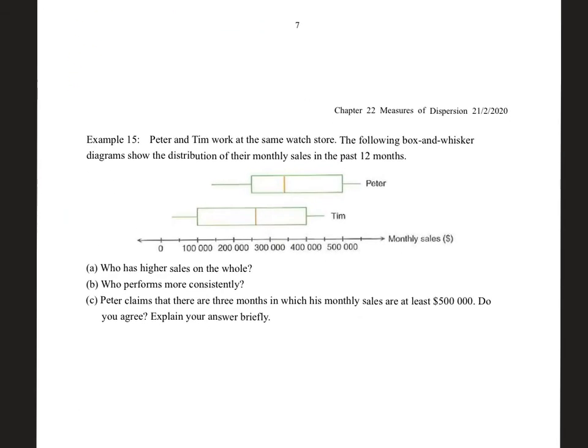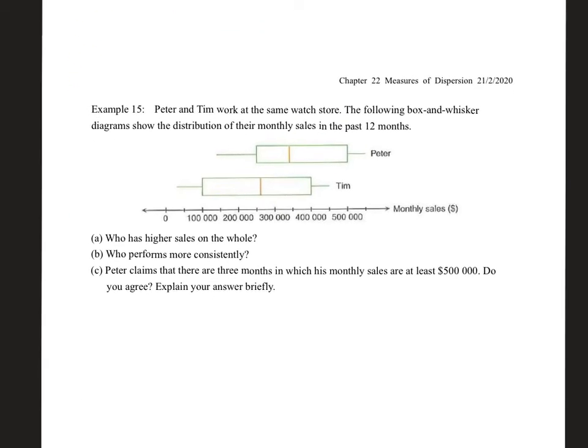Next, we can put two box and whisker diagrams together as a comparison. In example 15, Peter and Tim are working at the same watch store. It shows the monthly salaries in the past 12 months. You don't know how much they earn in January, in February, etc. But you only know that roughly in the diagram, Peter earns at least $150,000